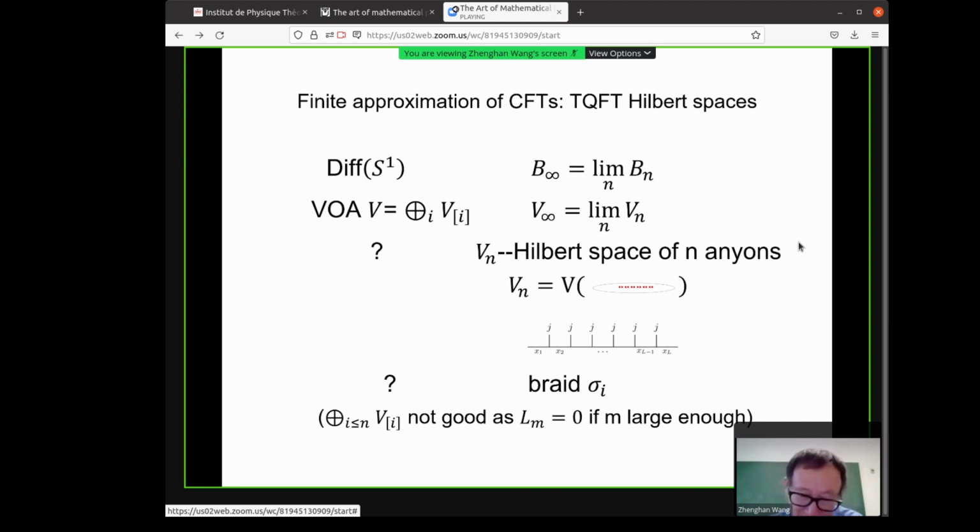The naive, obvious thing is just to truncate the vertex operator algebra into V_N, that's the energy truncation. But this is not a very good one, because one of the things we want to simulate is related to the Virasoro generators L_m, and they will become 0 for most of this. So that's not a very good approximation. The one I'm thinking about right now is basically the Hilbert space for the representation of the braid group. It's not clear yet how the VOA is related to these Hilbert spaces, but it will become clear later on when I talk about anyonic chains.